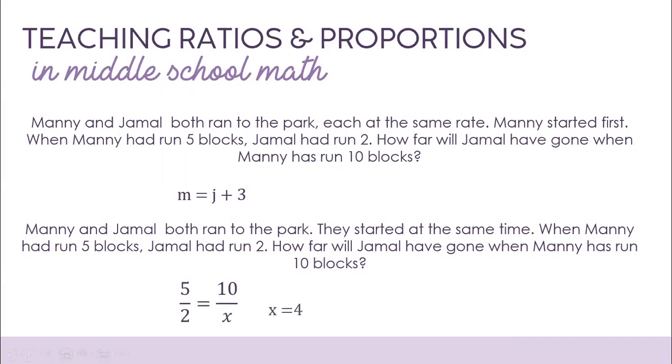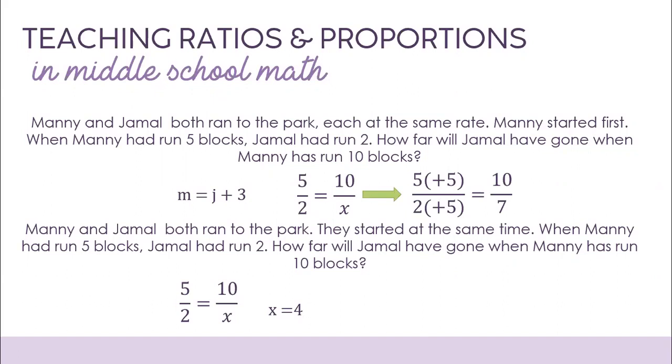So the first example is what students often want to do when they're looking at proportions with a missing value, at least in my experience. Not all of them, some of them. If we set this up as 5 to 2 is equal to 10 to something, some students will do exactly what we said. They'll say, well, I added 5 to get to 10. So if I add 5, that's going to get me to 7. So I'm missing number 7. Yeah, the missing number is 7, but that's not how the proportion is supposed to work